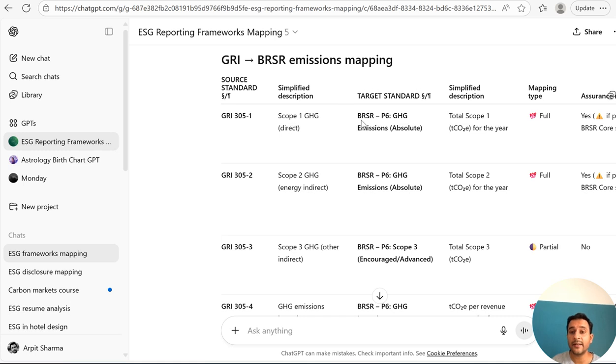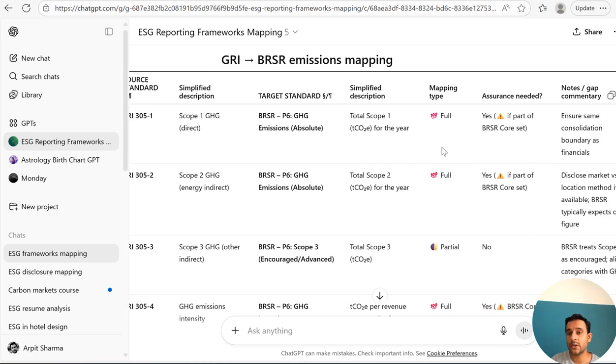And the target standard is BRSR. Under Principle 6, they ask for absolute GHG emissions. The simplified description of this requirement is the total Scope 1 for the year. The mapping is 100%, because they both ask for the same thing, right?